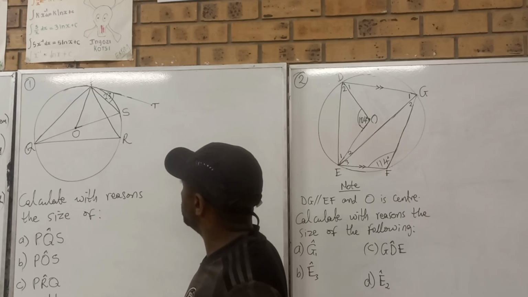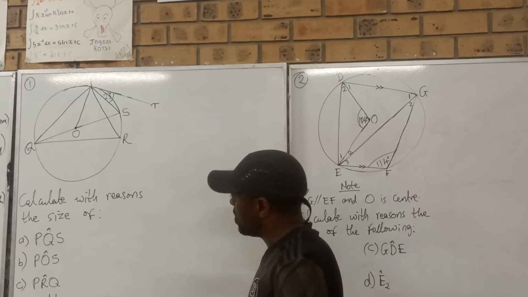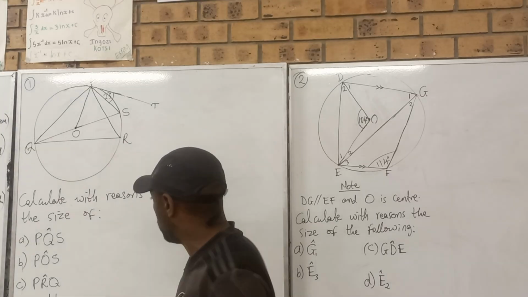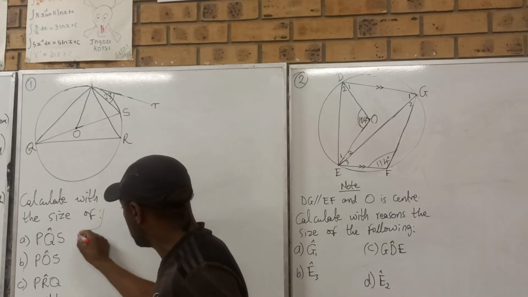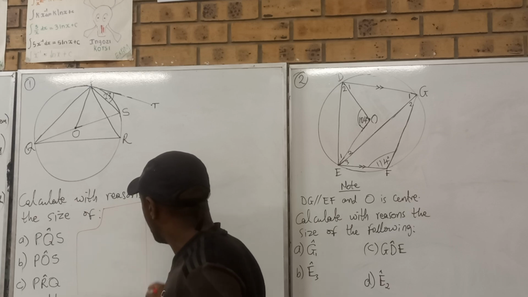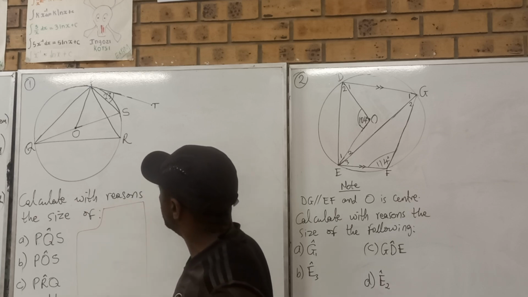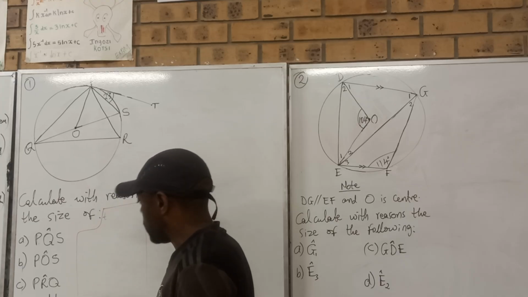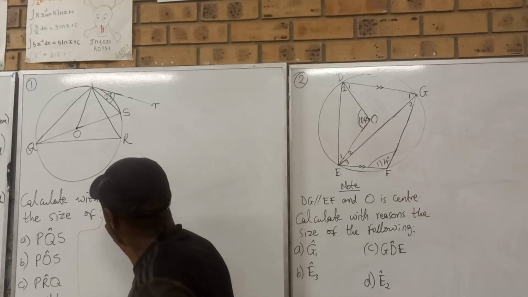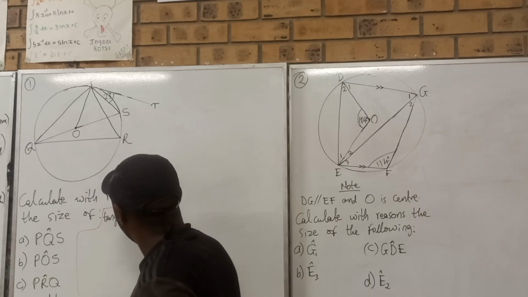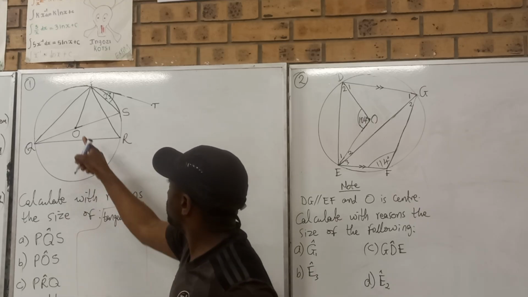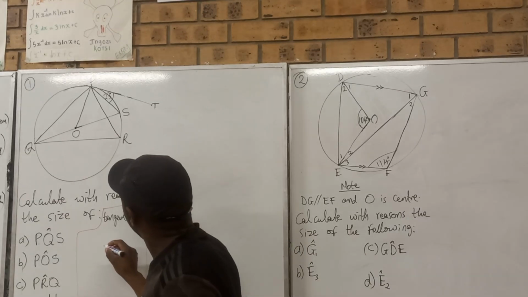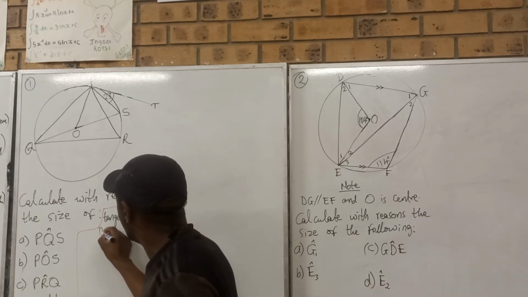So when I pick this problem, I have to always try to figure out what are the things that will guide me to some theorems. So as I've said, I want to take those important things out of the diagram so that will guide me to my theorems. So I see a tangent in this equation. According to this equation, there is a tangent which is TP. Then as long as there is O at the center, it means QS is the diameter. So I see a diameter